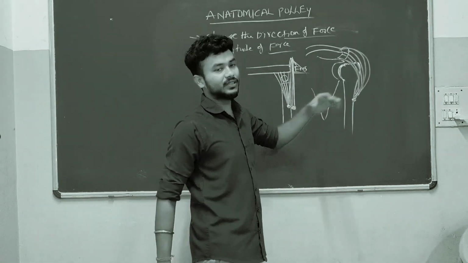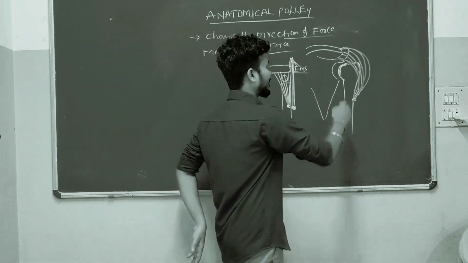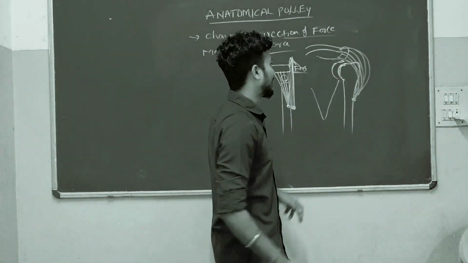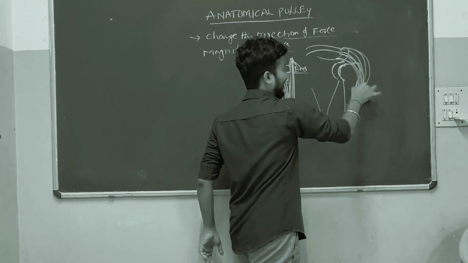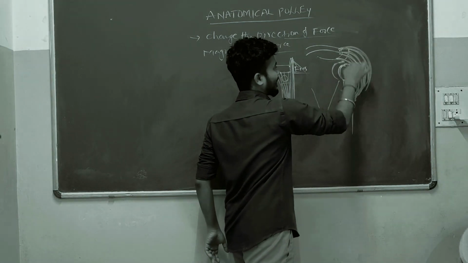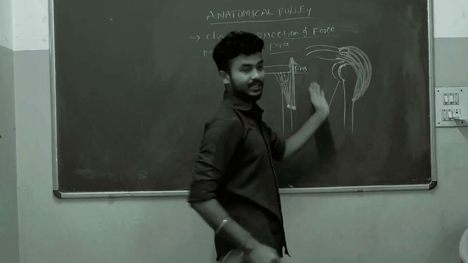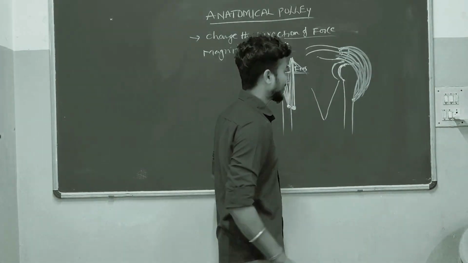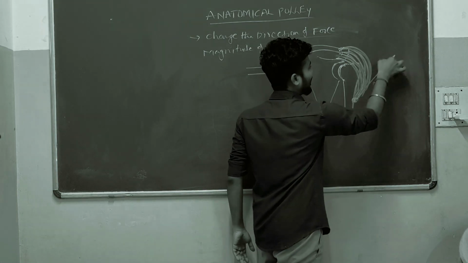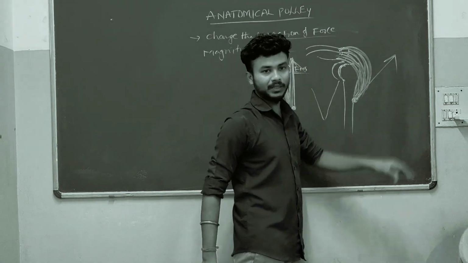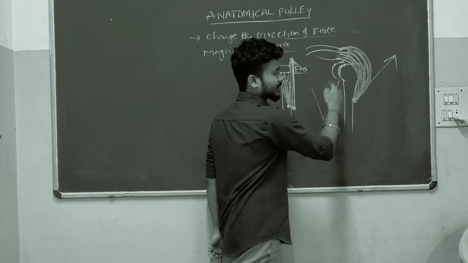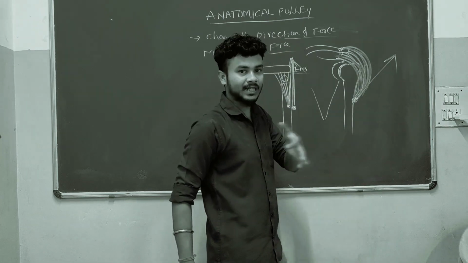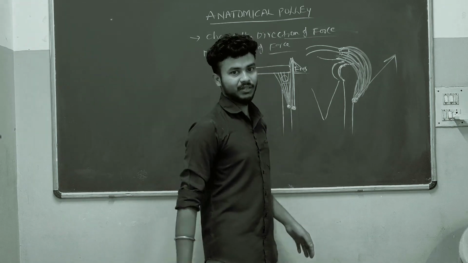But here, because of the variation in the shapes, that is the head of the humerus and glenoid cavity, the pattern of the deltoid muscle is changed. It was not straight, it curved. So because of that, now this muscle action line will be in this direction, because according to these structures, it is going to move in this direction. So if this muscle is contracted, it will go for abduction.